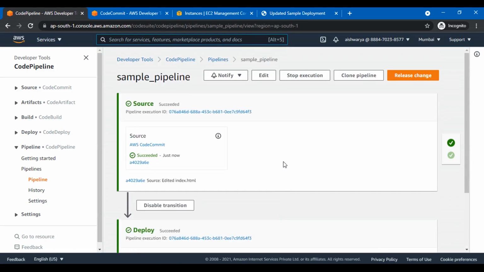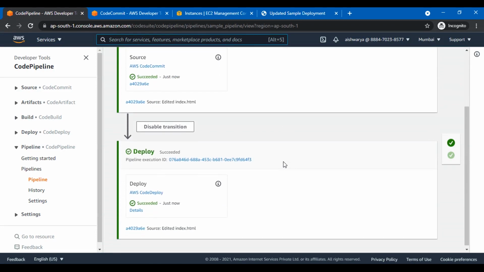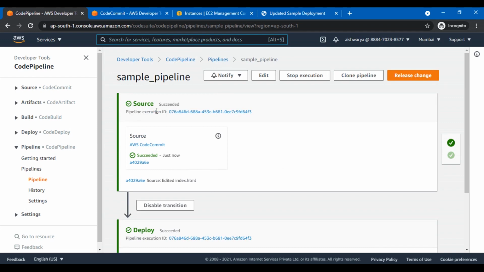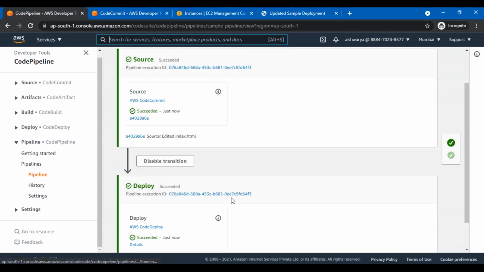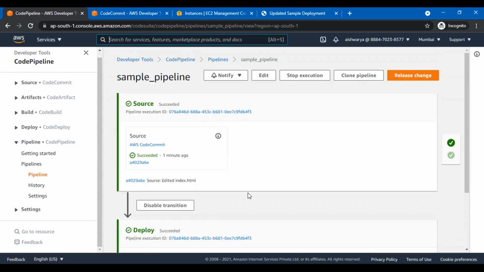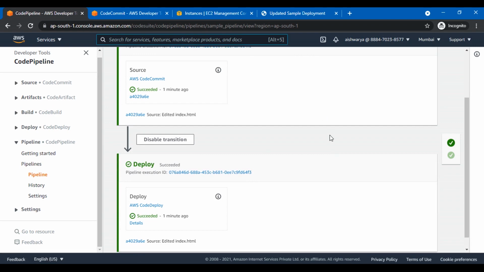So this was just how to set up a simple CI/CD pipeline with the 2 stages. You can add more stages based on your requirement. You can add the build stage also, the artifacts if you want to fetch something from here. Okay, so multiple things can be done, but simply if you want to create a pipeline, this was the process for how you can build that. Now let's get back to the slides.